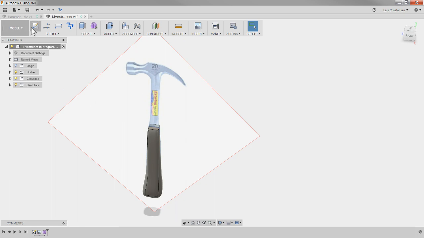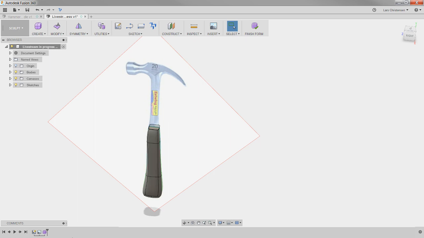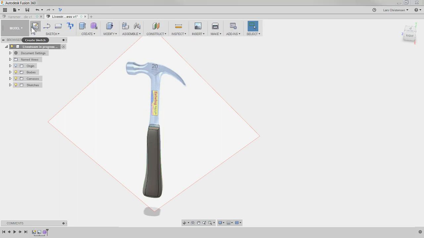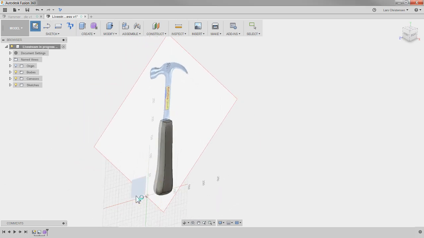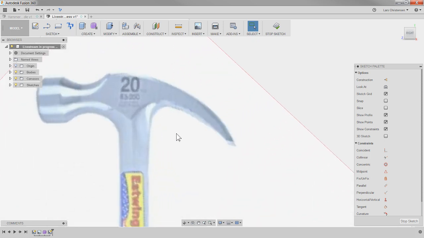So I'm just going to go, we jumped out of the sculpting workspace. You will see we had the original sketch, the canvas that I stole from the internet, a picture of this east wing hammer. We went into the sculpting environment. We can always go back into that sculpting environment and manipulate that. And now I'm just going to start a sketch on a plane here to do some standard modeling like we many times are doing. So I'm going to do this head here, and I want to show you a couple of things that I think is important to think about when you're